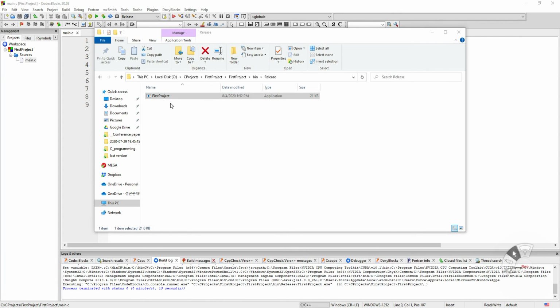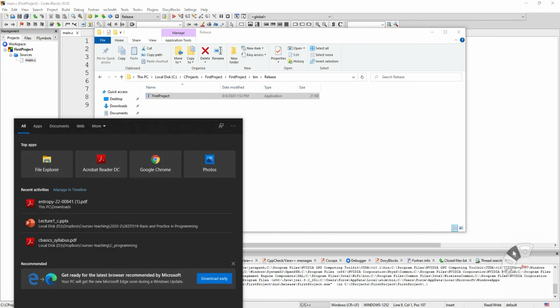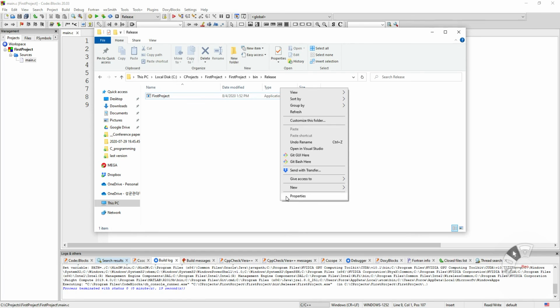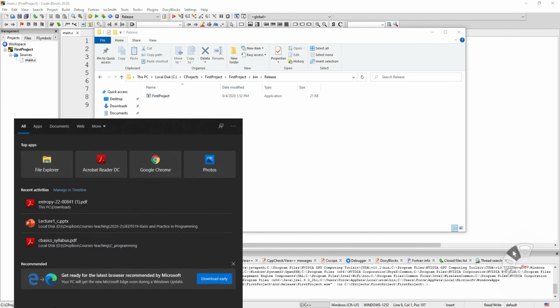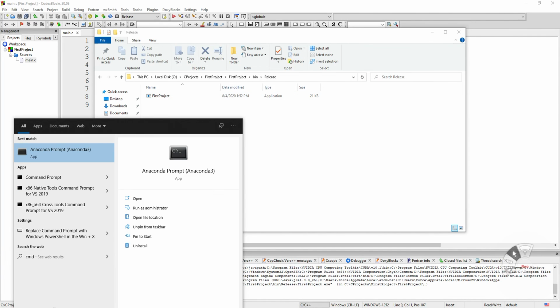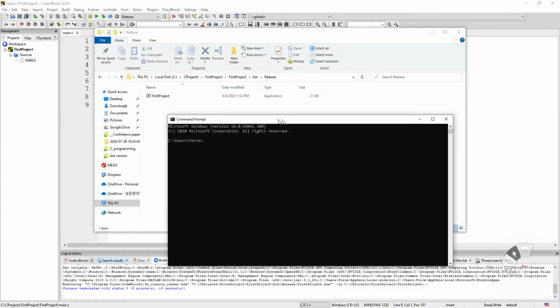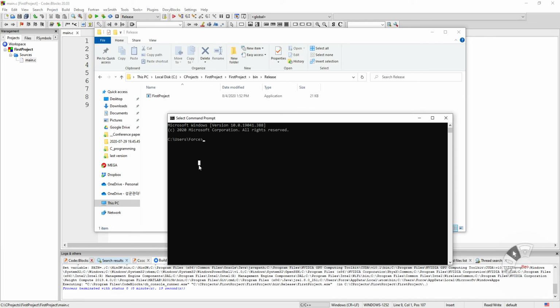So if you want to see this one from the console, from the black screen, you can, for example, say CMD, C command prompt in your Windows. Just in the search of the Windows, you say command prompt, and in the command prompt, you will go to this location. Okay. So how to do that? So you say, okay, so I will go out from this area, so like this, and then I will say